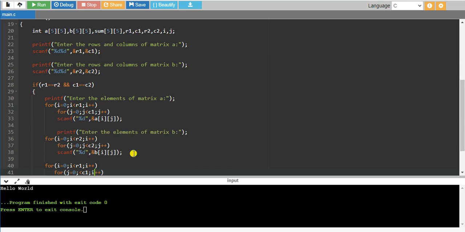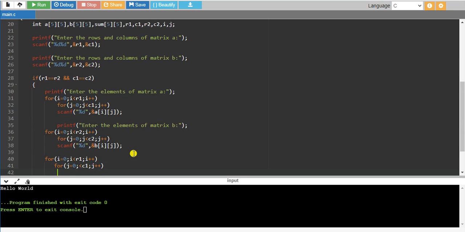So sum of i j equal to a of i j plus b of i j, right?